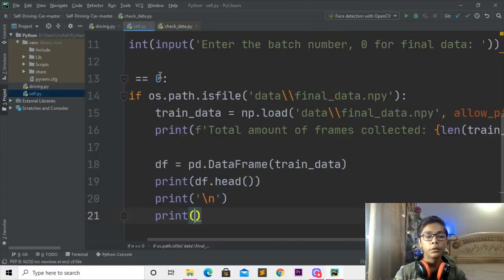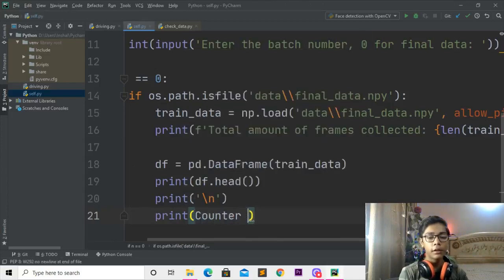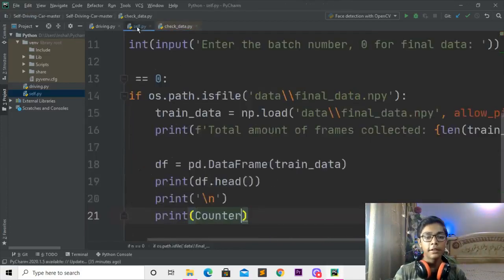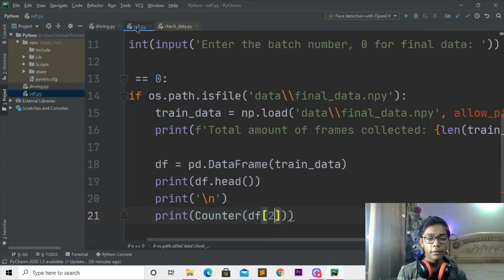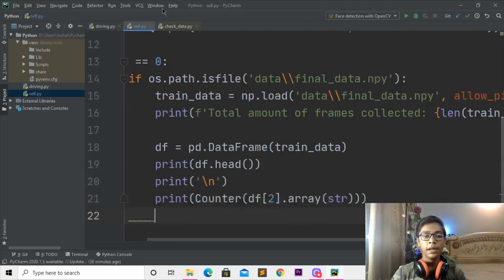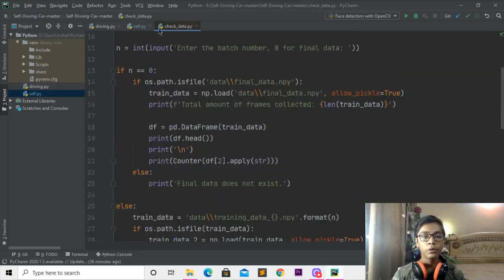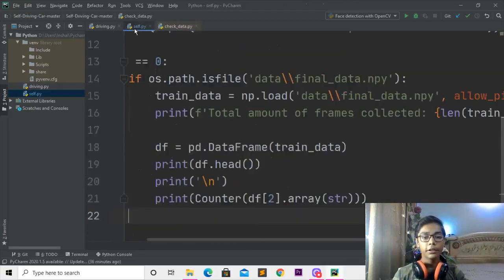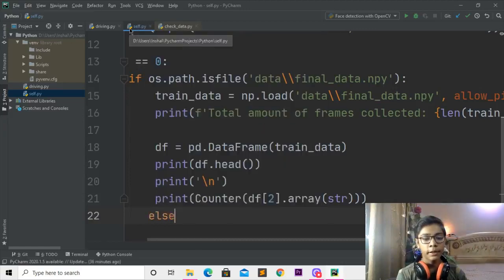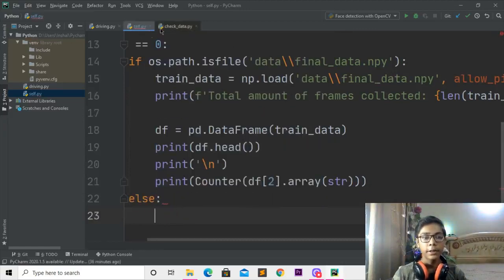Then if I just move, you can see there's that counter, and here you can see there is still df2.array, and in that I'll be writing str. When you're done with that, I'll come underneath, and there is that else tag here. So we have to just write an else tag. Here I'll be writing else, and coming underneath here